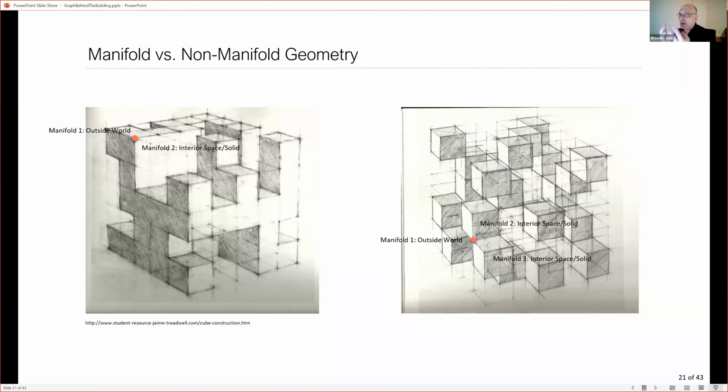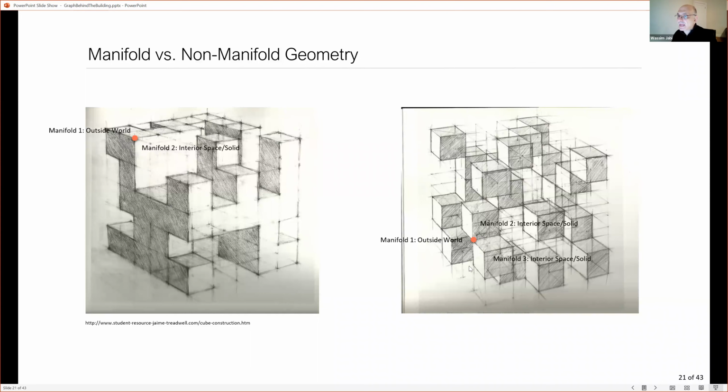Imagine you have a simple cube or a simple shape like what you see here on the left side. Every point on that surface is dividing the world, as it sees it, into two sets, right? On one side is the interior of that object, the solid, maybe it's made out of wood, whatever that is. And on the other side is the outside world, regardless of how much it is subdivided. But for that vertex, that red point that you see right there, there's only two sets, the inside and the outside. So that is called a two-manifold situation.